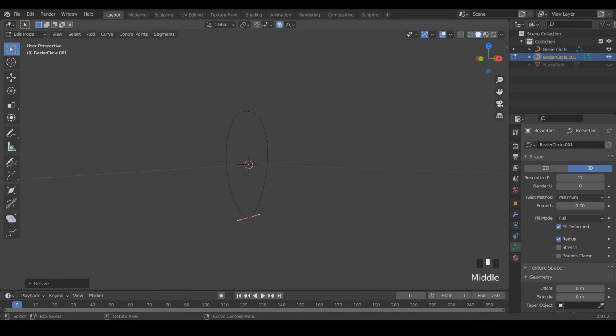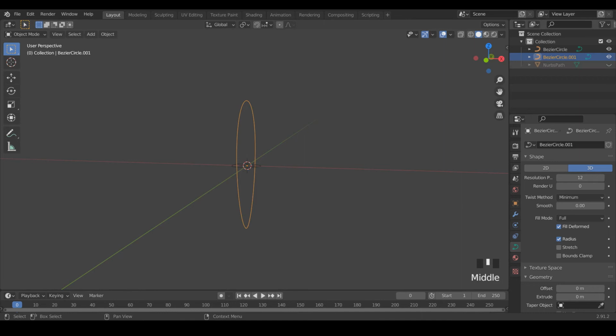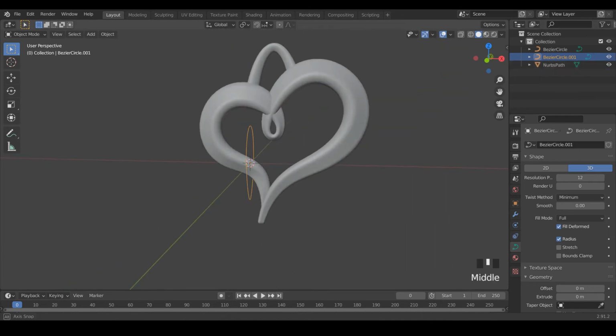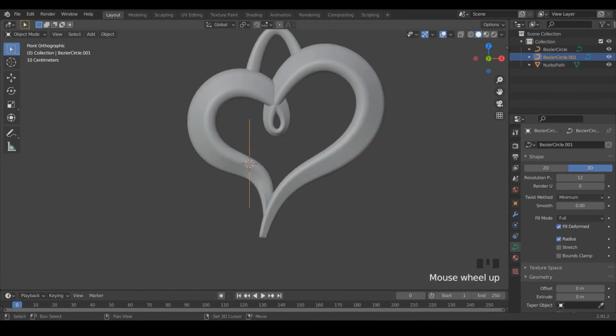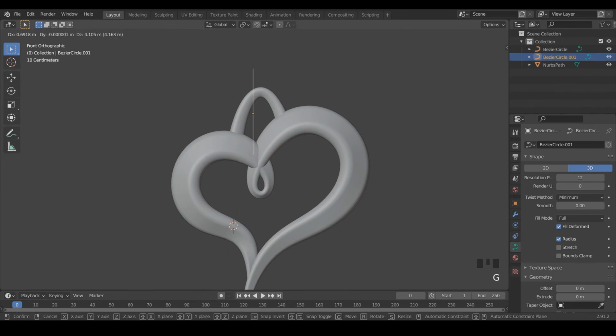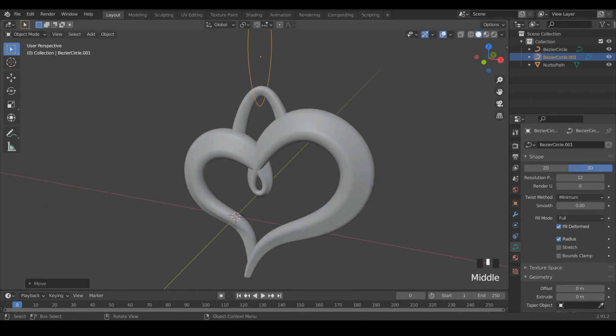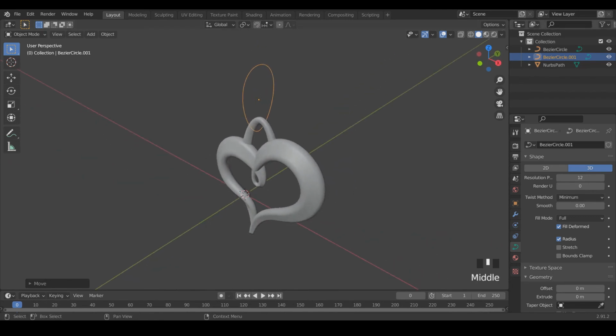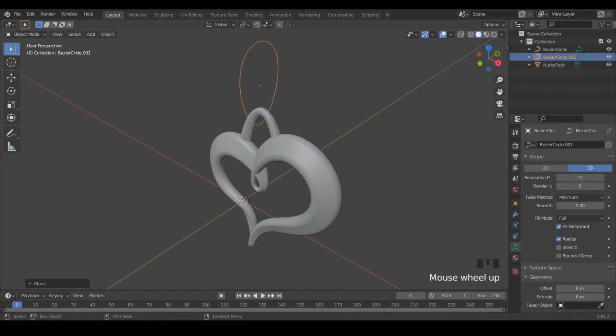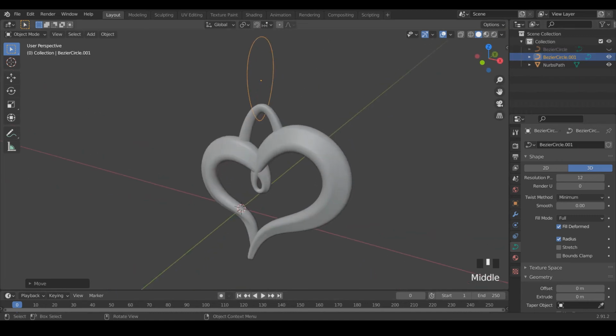So once that's created, we can go back into object mode, get it into the basic position that it's going to be in. And we can actually, we'll hide our other curve.